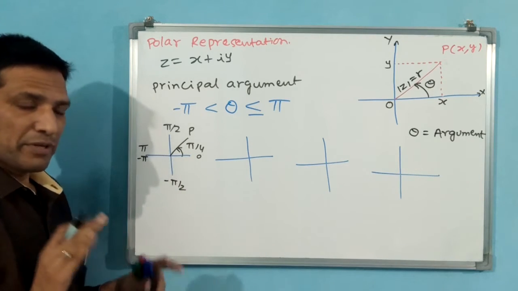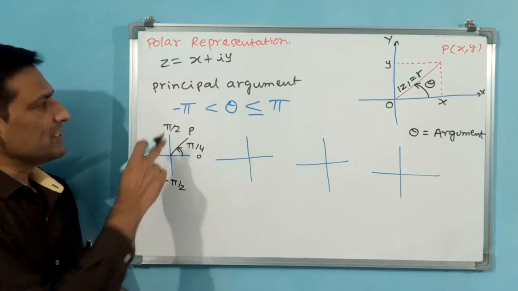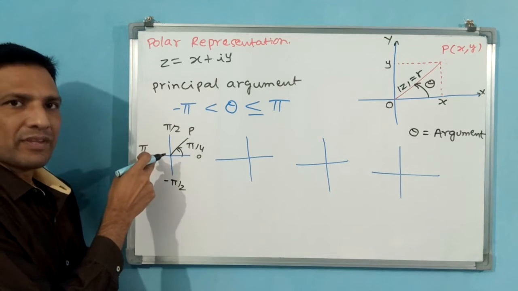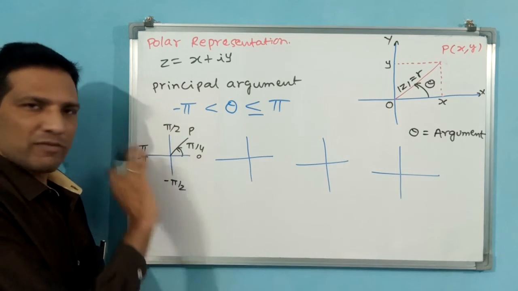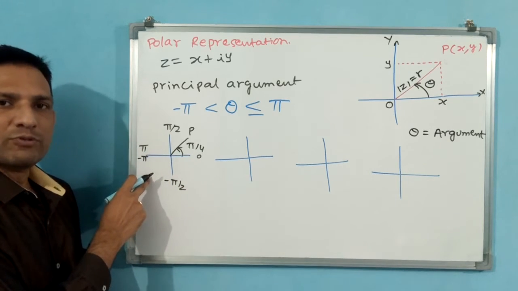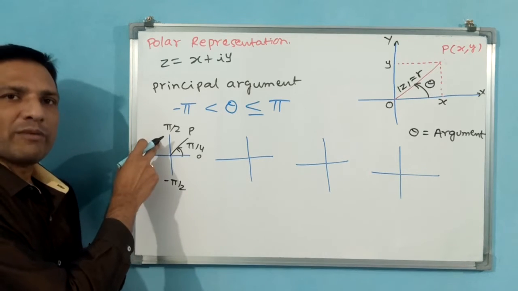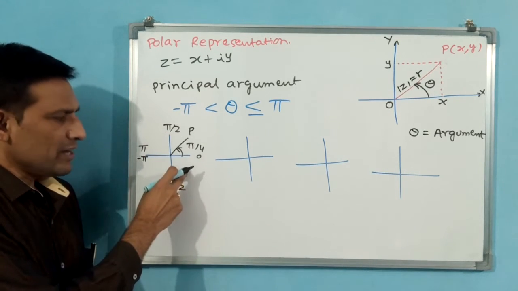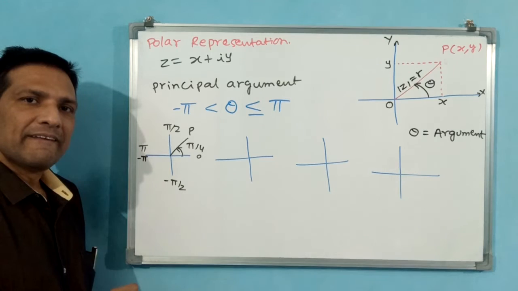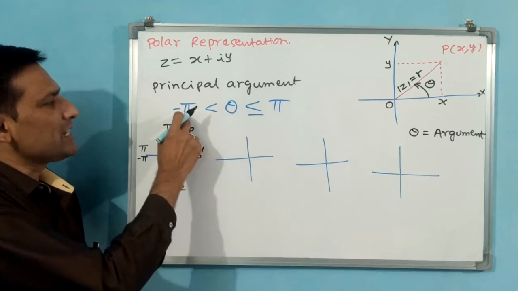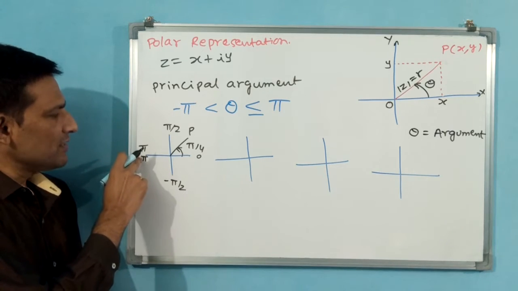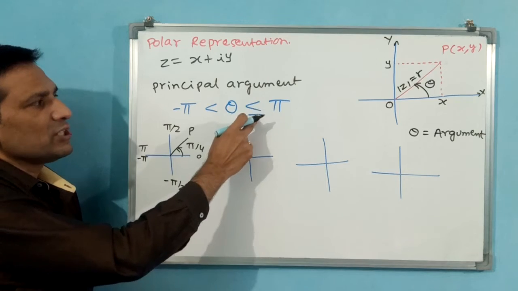Why? Because principal values, you have to restrict this minus pi to plus pi only. That means this is plus pi, this is minus pi. More than minus pi, minus 3 pi by 2 it will not go. More than pi, 3 pi by 2 it will not go. Why? Because after pi again negative you have to take. After minus pi again you have to take positive. Here positive, here negative, here also negative, here also positive, here 0. But here pi. Why? Because pi is equal, but minus pi is not equal. Any point on the x-axis in the negative side, you have to take pi only, because equal to is there for pi.